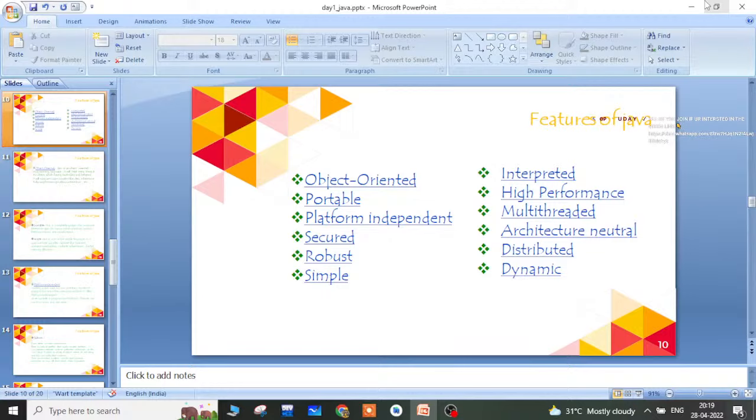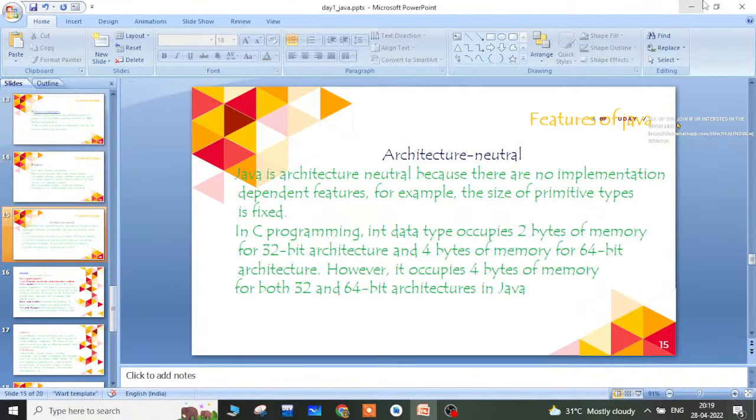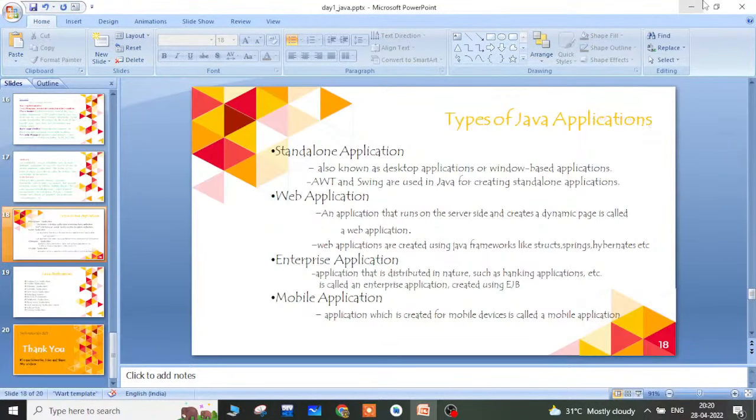And obviously Java is a high performance language, and these features make Java a most important programming language nowadays. So we'll see what are the different types of applications we can build with Java programming.